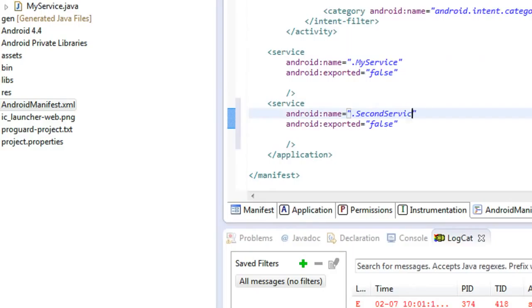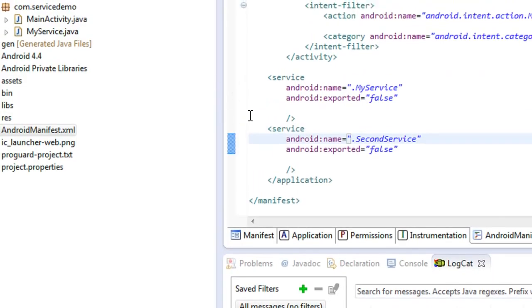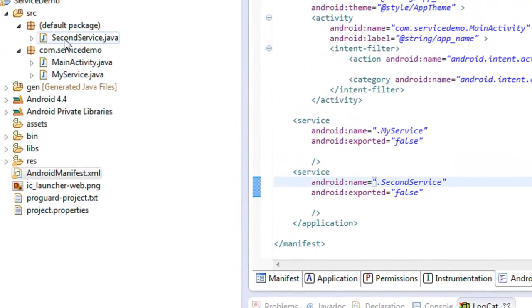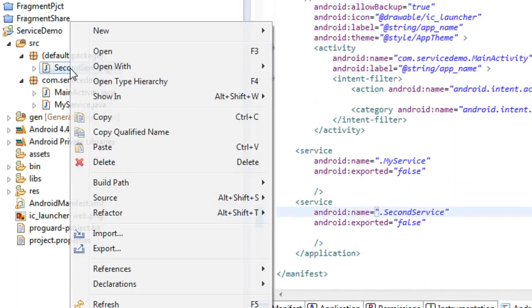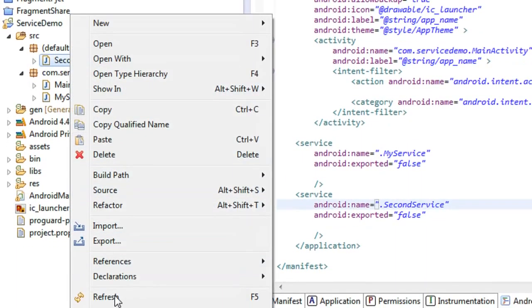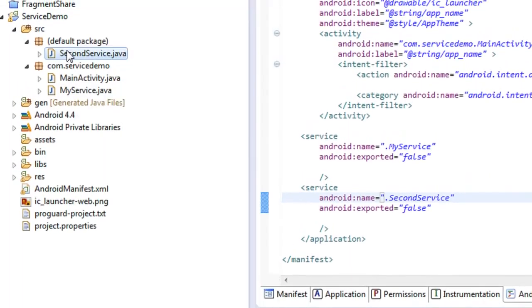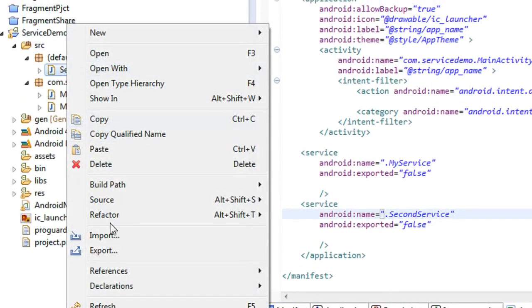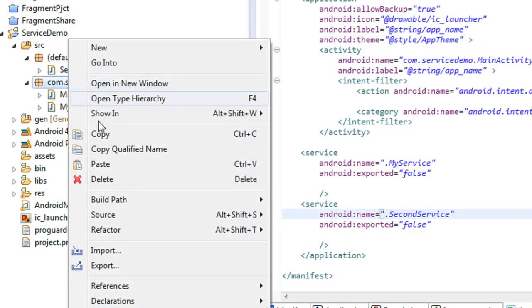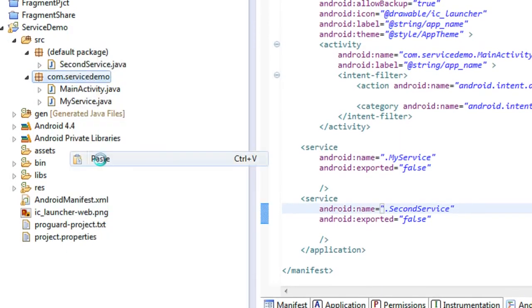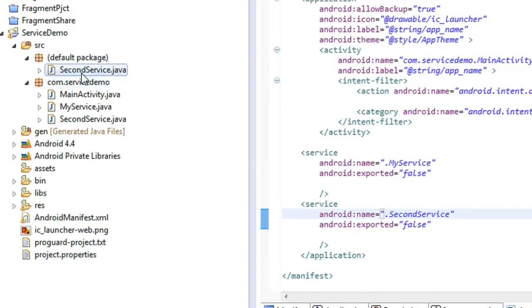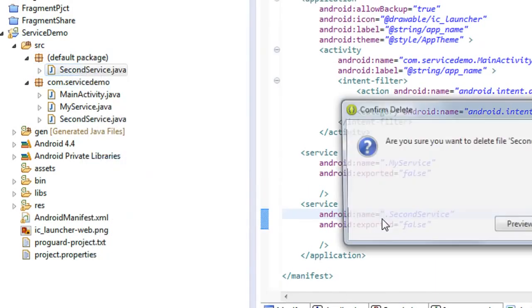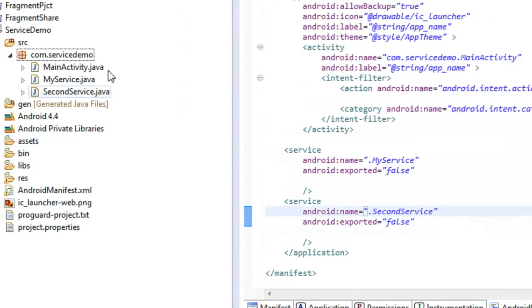Sorry, I just forgot to place that in the default. It is created in the default package. I have to place it into the main package. Just paste it into the main package and delete it from here. Okay,